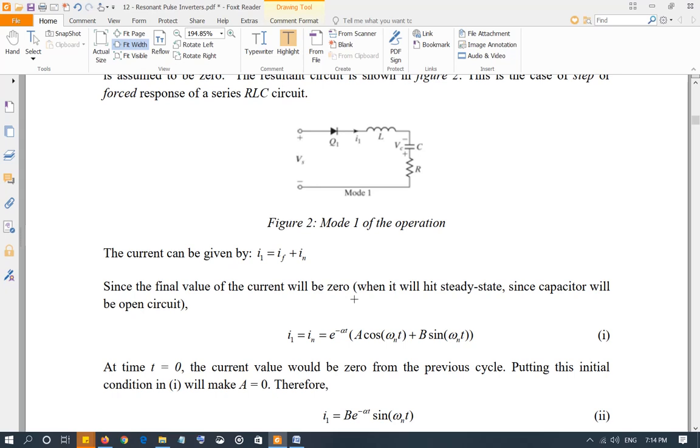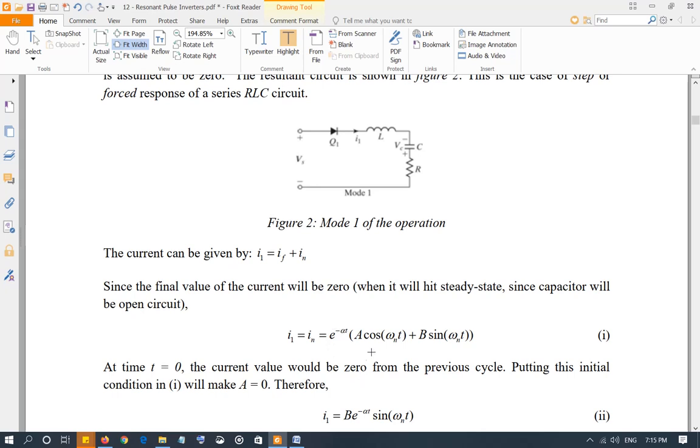because actually let me go back. If you keep operating this circuit, then of course the capacitor is going to be fully charged and there will be no current in the circuit. Hence the final value of the current when time hits infinity is going to be 0. So that's the final value we have to put. So it's going to be 0. So the current will only be comprised of the natural response. So I1 is equal to IN, and for an underdamped circuit the generic expression for the natural response is e